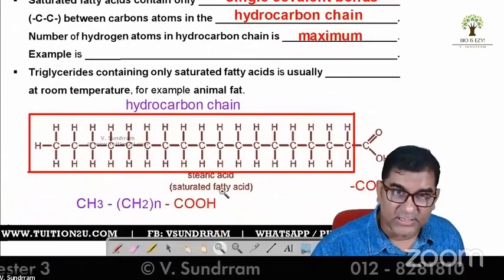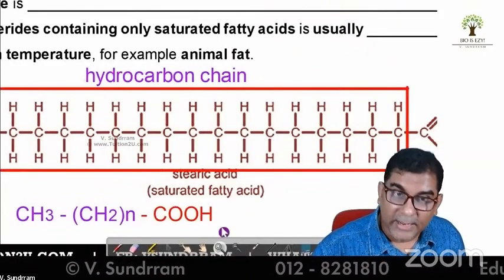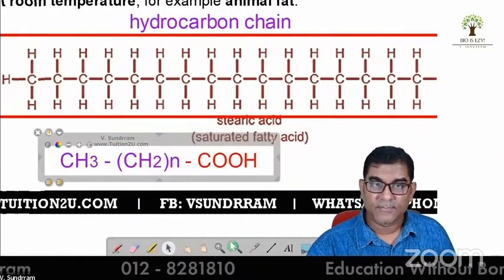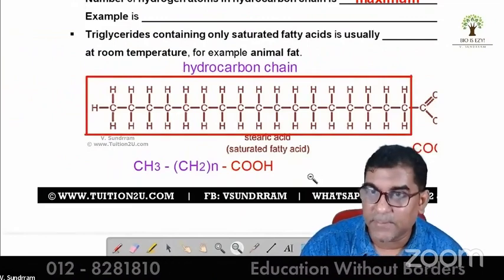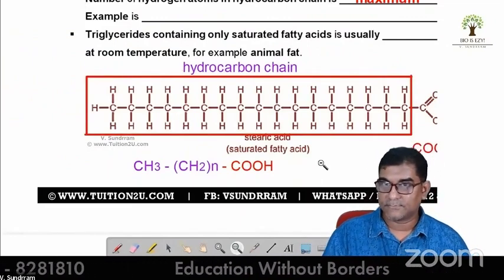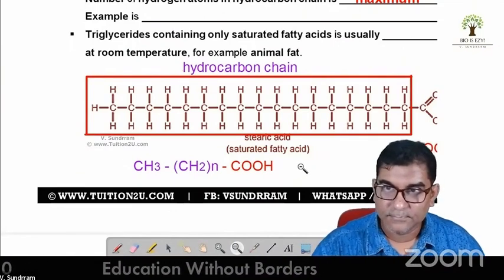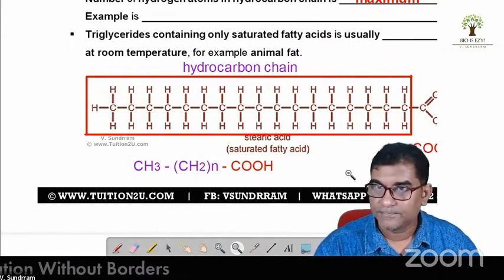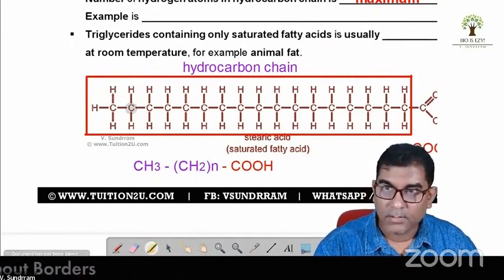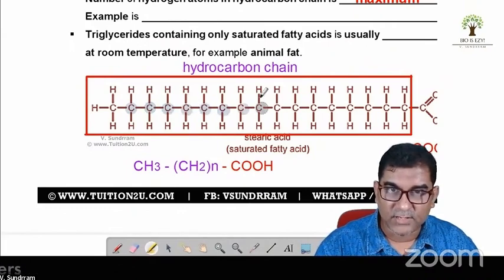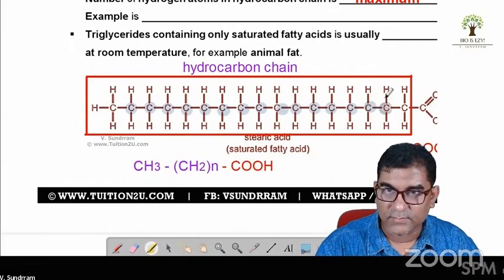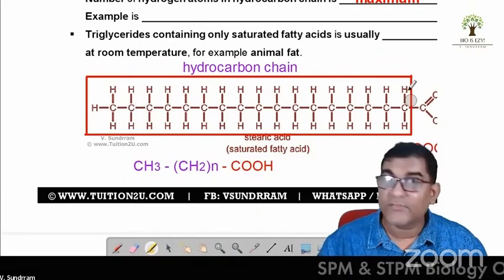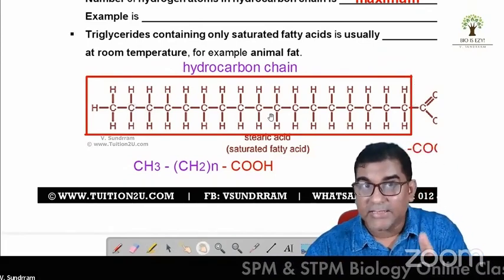Example, okay, this is stearic acid. And I already asked you to count earlier. Stearic acid, the n must change to what number? How many CH2 in the hydrocarbon chain? 1, 2, 3, 4, 5, 6, 7, 8, 9, 10, 11, 12, 13, 14, 15, 16. Already shown earlier. So that means the formula for stearic acid is, if you want to write the